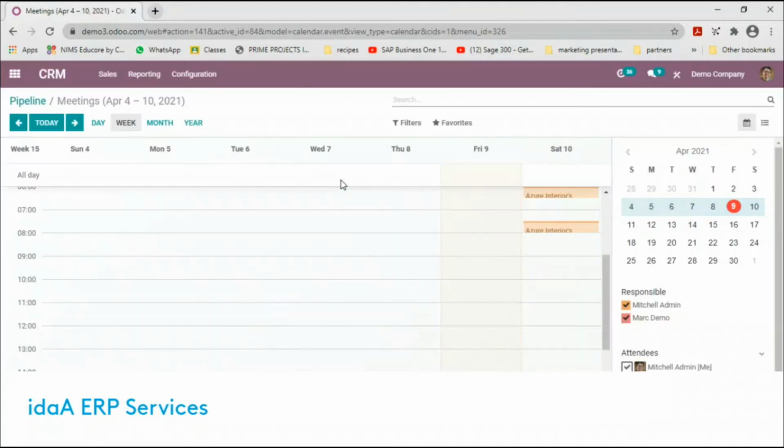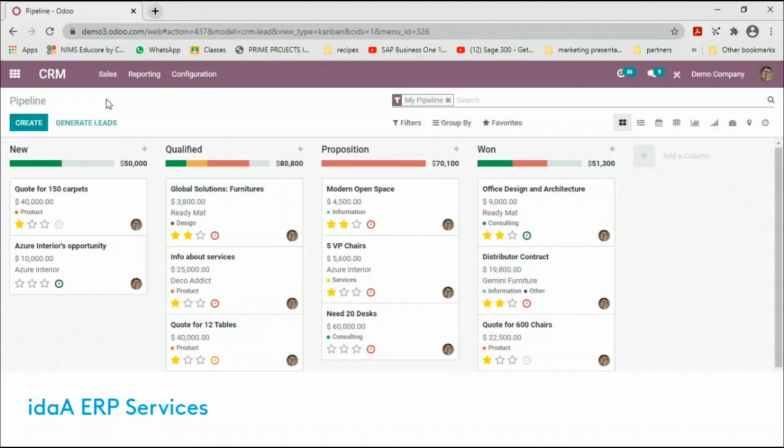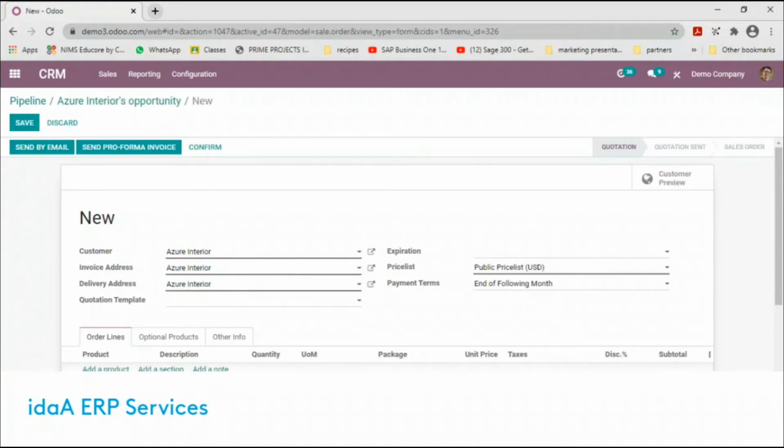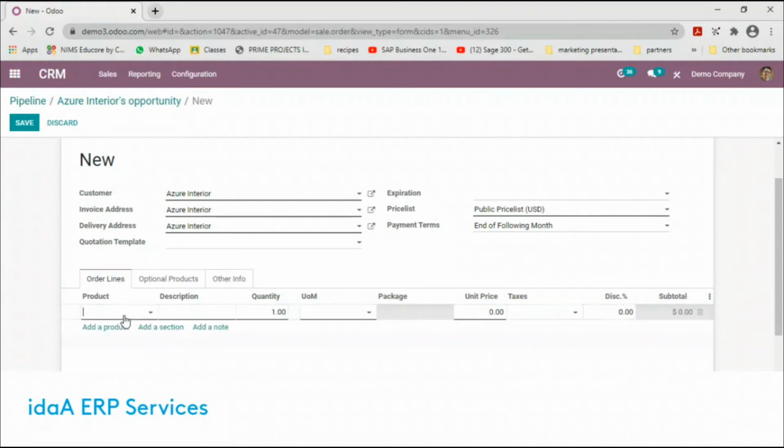Or you could just create a quote right from the CRM itself. Clicking on the opportunity, you could create a new quote. You could add products or services, pick from your inventory which is already available for you with price lists configured, or you could create products on the fly. So here we have, once you've created this